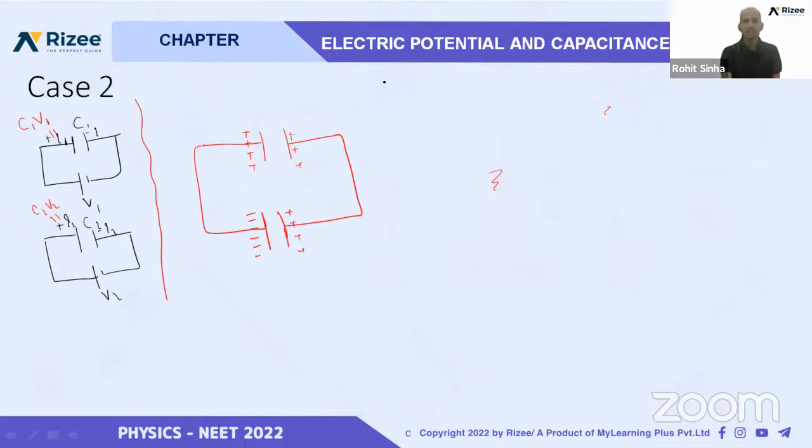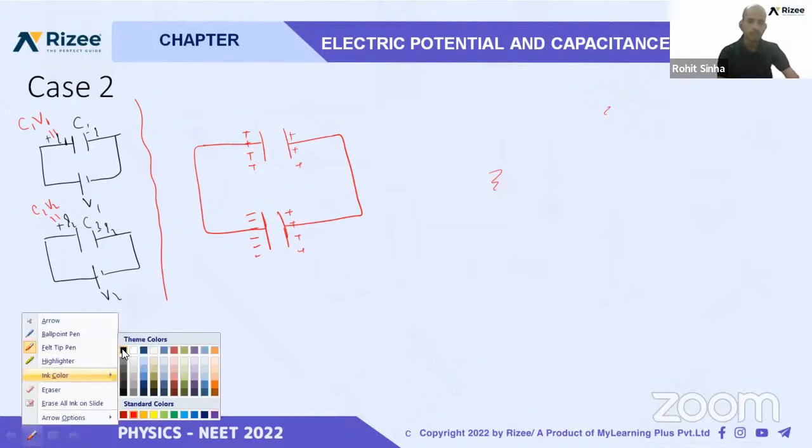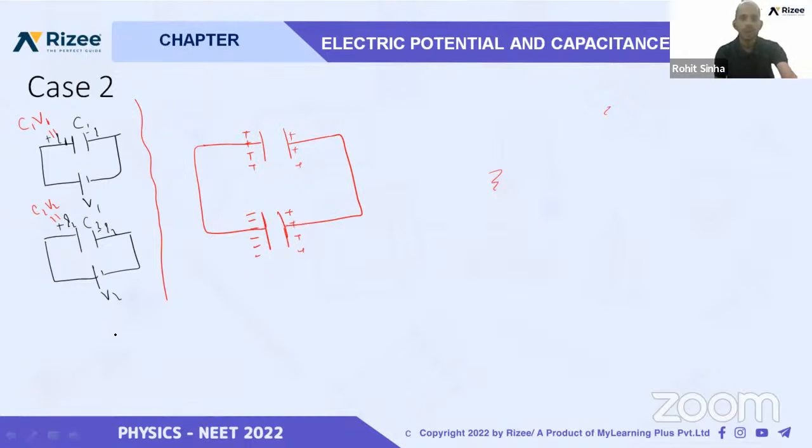Okay, any problem? No. After doing this, what will happen? It is having a charge of C1V1 and it is having a charge of